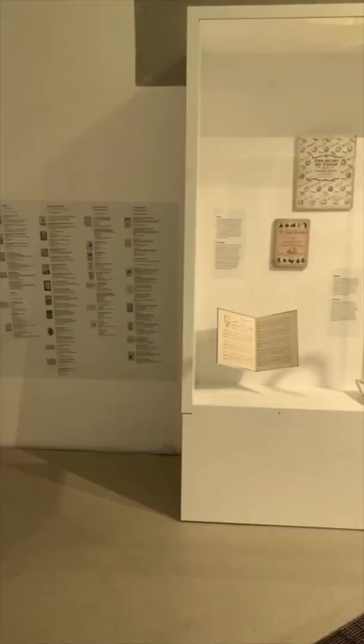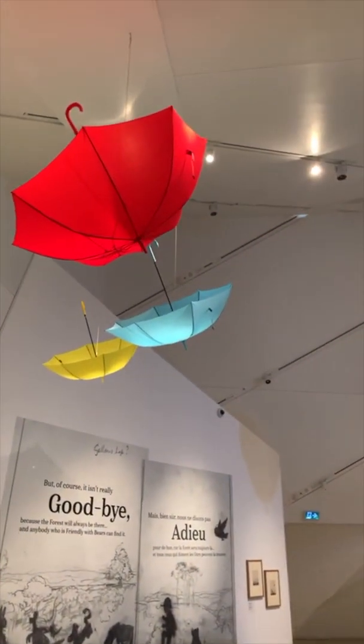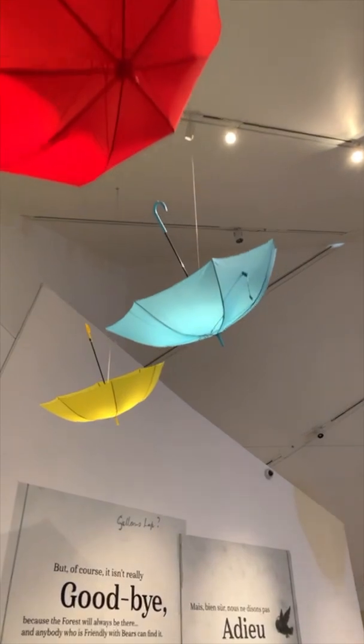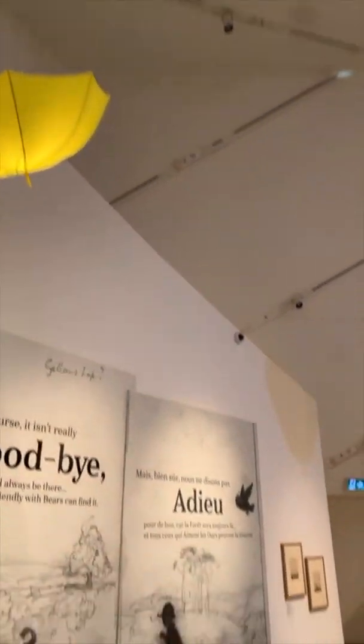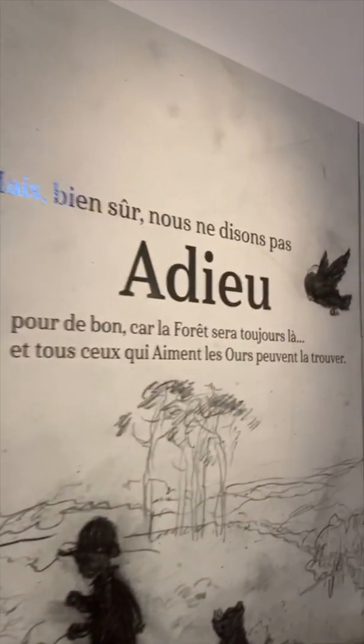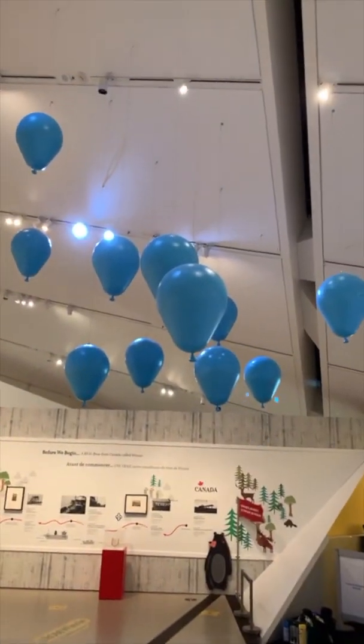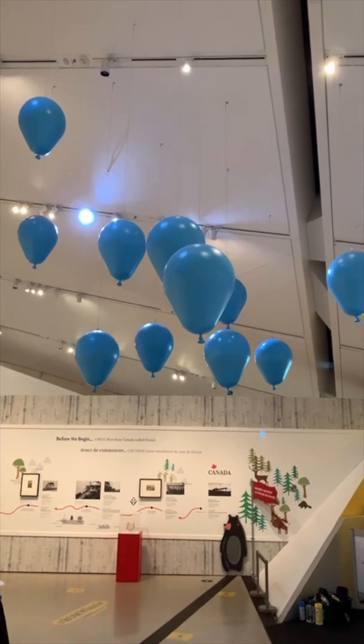Let's take a little look at this really, really cool exhibit, okay? So I'm just gonna go like this, and then I'm going to flip the camera around, if I can do that. Whoa! And look at how beautiful this exhibit is, okay? And as we know from the very first Winnie the Pooh story, umbrellas are pretty fun. It's just this gorgeous, gorgeous exhibit that we hope that you guys get the chance to see. And if not in person, then at the very least live today. And look at those balloons. We'll be making our own balloons today